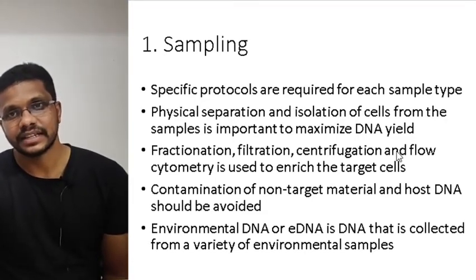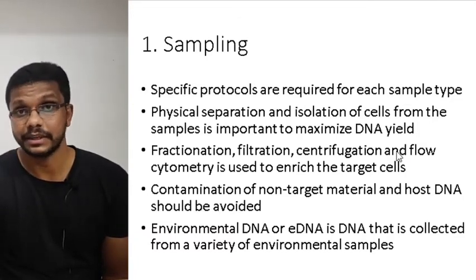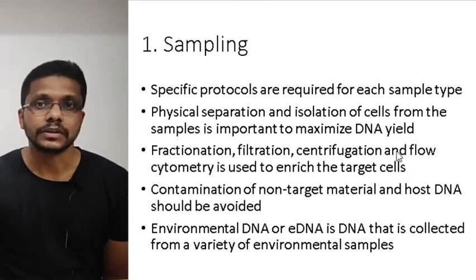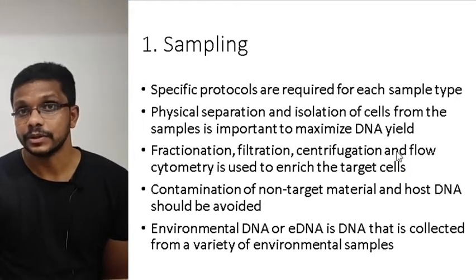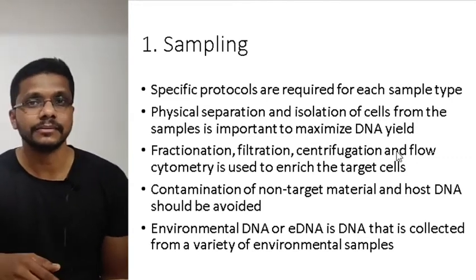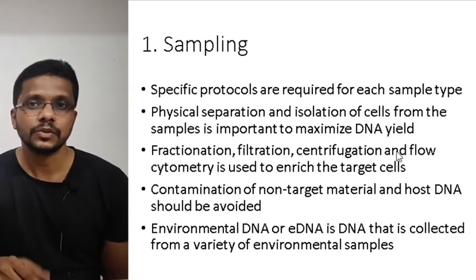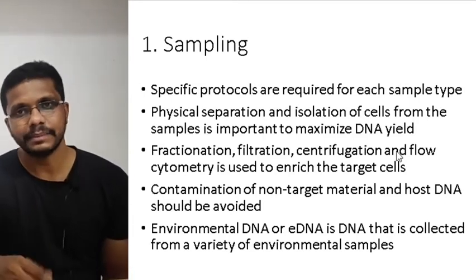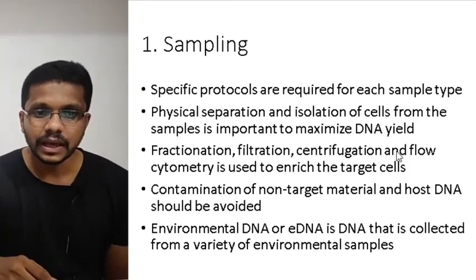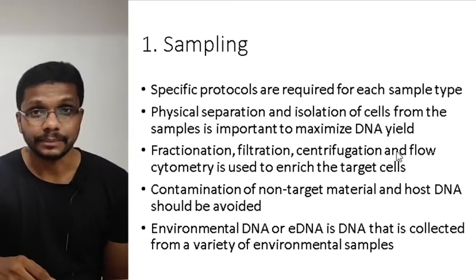So in metagenomics, we are taking the environmental samples. We can take the sample from many places. We can take it from water, maybe from soil, different types of soil, or from the air, or as I said in the previous video, the human gut. Maybe you can take it from the human skin, or from the plant soil, the soil associated with the plant roots. So any places we can take the samples. And based on the sampling location, the procedure of sampling will vary.